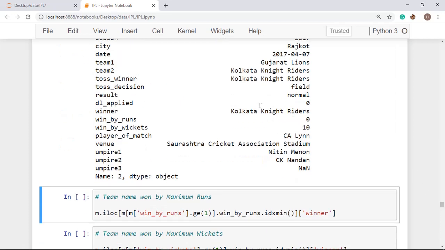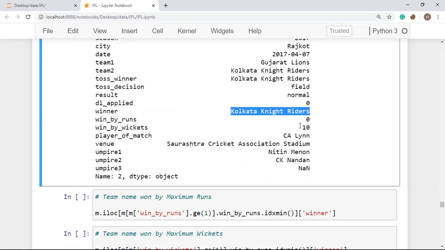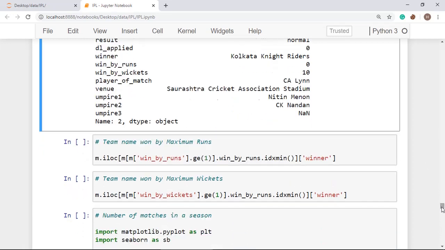Here you can see that Kolkata Knight Riders won that match by 10 wickets, and it was against Gujarat Lions, and this was from the season 2017. Other teams might have also won by 10 wickets, but it will display the first value which it gets, and it will terminate there, meaning it will not go for further searching.